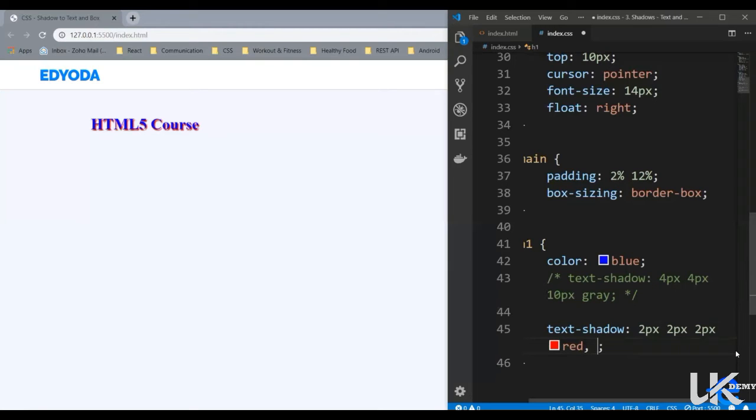Now to add another shadow, we can simply use a comma and give values for the next shadow as well. So let's say 2 pixels, 2 pixels, and 2 pixels blur. Let's say the color